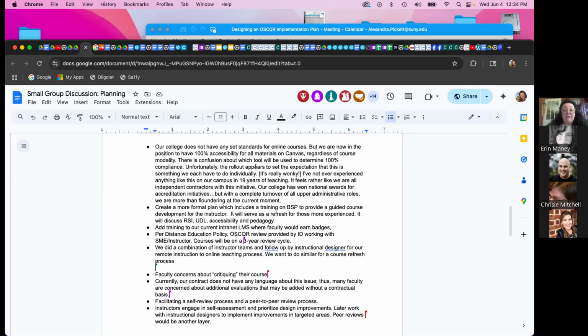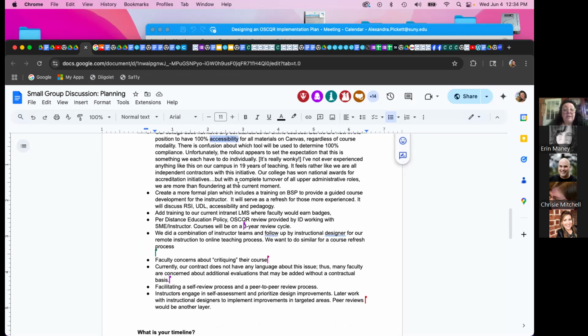And if it's around accessibility, I think that's also true. It can be focused on accessibility. And if you're not the person who's in the position to initiate an implementation plan like this, it's something that you could perhaps take to whoever that entity might be, whether it is the online learning office, the distance learning office, or